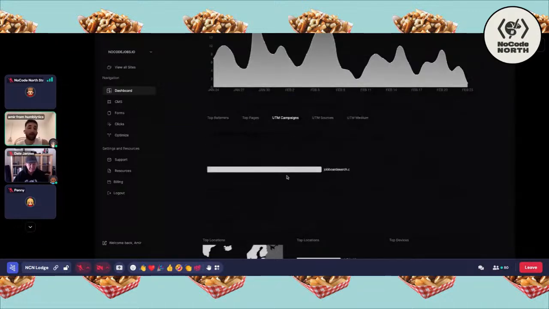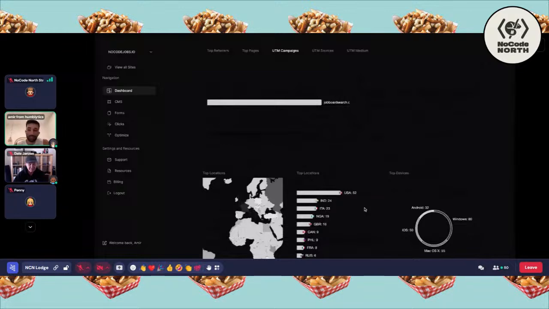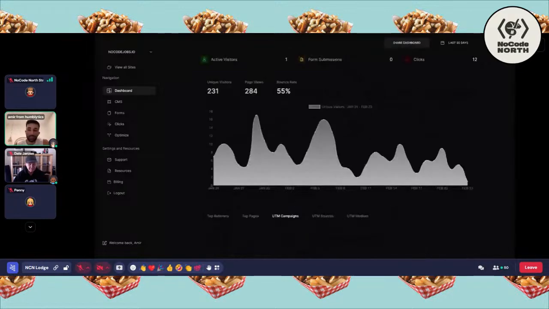You can see top locations and top devices. And it's a very simple analytics tool. It's been designed that way to really just separate the noise from the signal, and we want to give you only the signal that actually matters. And you can filter by dates, so last 90 days, last month, last 12 months, and get essentially the data